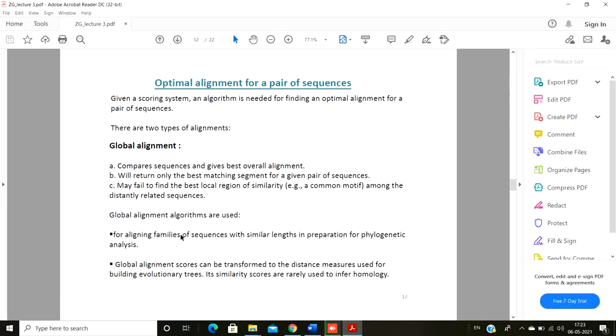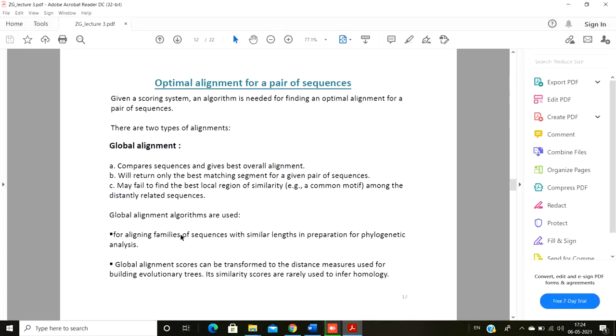Now a local alignment of strings S and T is an alignment of substrings of T with substrings of S. And in general, they are used to find the regions of high local similarity. And often we are more interested in finding this local alignment because we normally do not know the boundary of a particular gene, and only a small domain of the gene may be conserved.